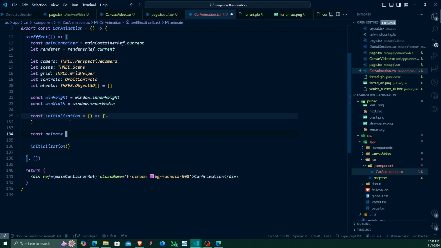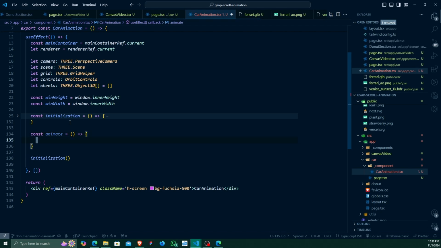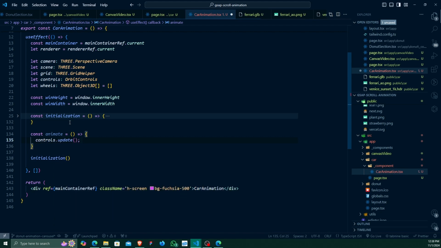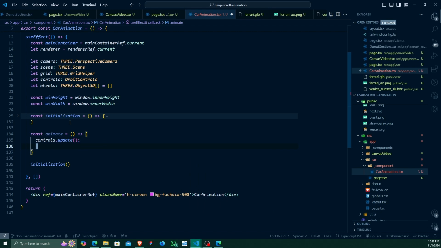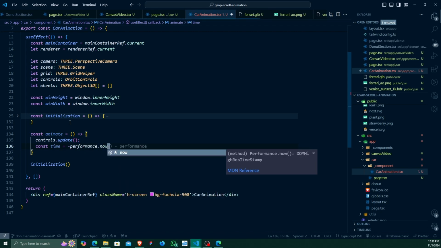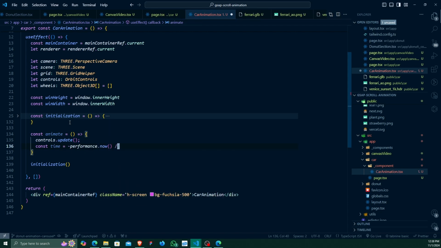Const animate equals, you are using an arrow function, and you are using controls.update so that our animation will be updated in each frame. So we are using this time function. Time will be performance.now divided by 1000,